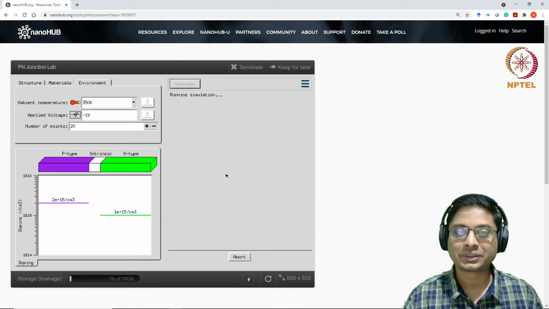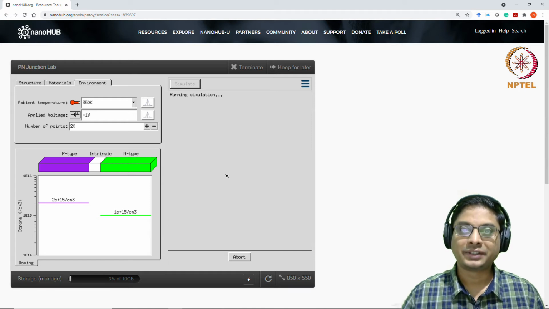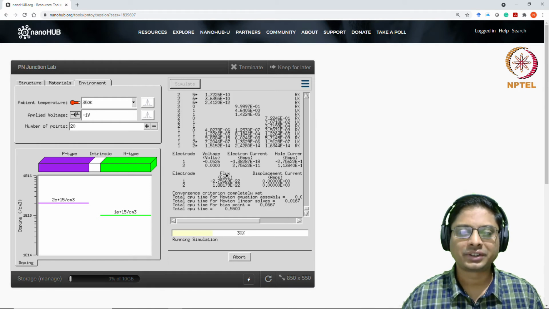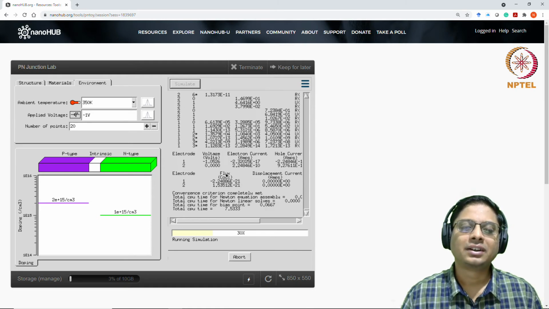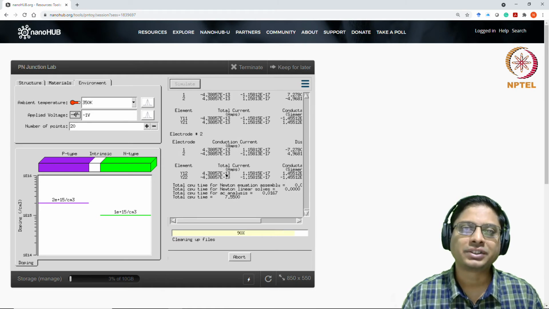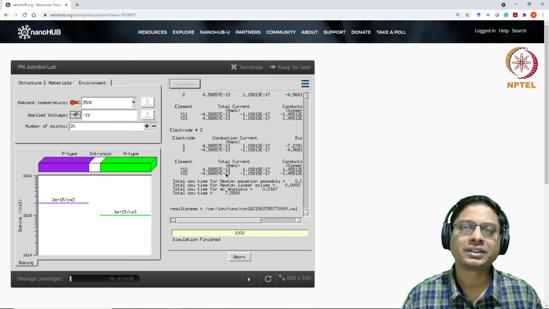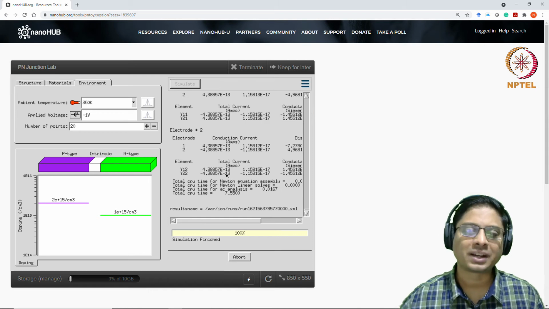Right now it is a reverse bias, so this will not actually show you the VT. We will have to rerun the simulation. But right now in the reverse bias, at 300 and 350, what happens? What do you expect? What is the major impact of temperature? As you increase temperature, we have seen that the reverse saturation current increases, right? So let's explore whether that happens.